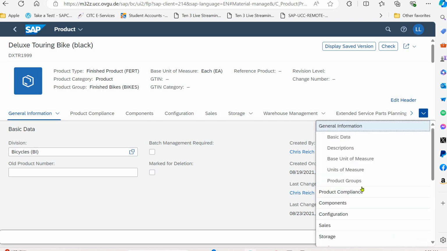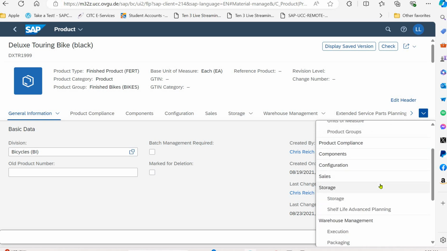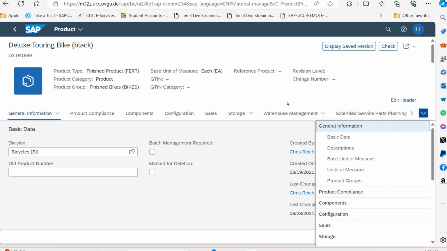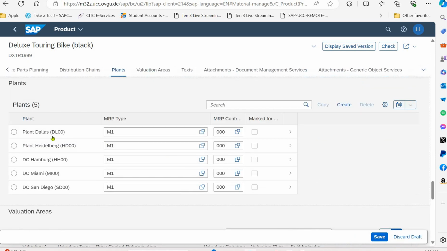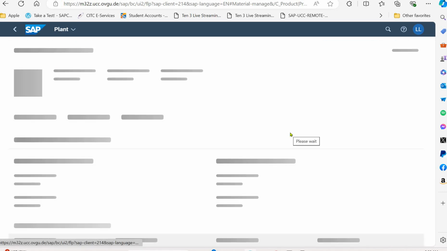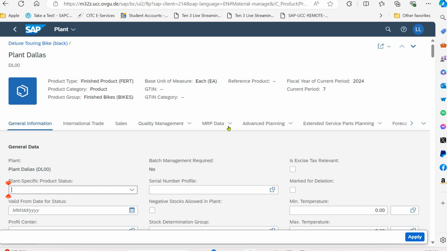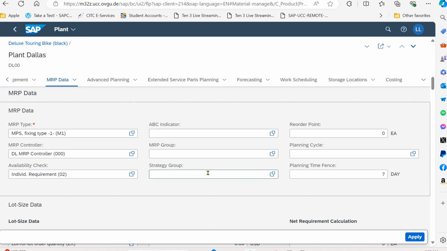So here is the plants, and here Dallas DL00, get in, and here again we are going to do the same thing, MRP data, and we have to put the strategy group 40,